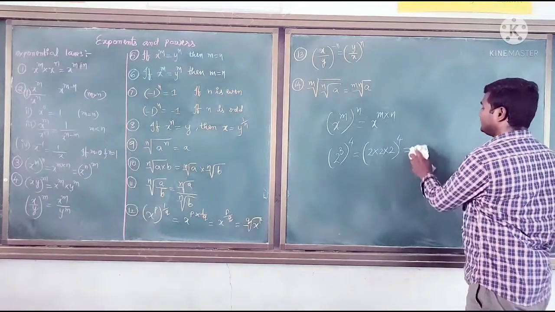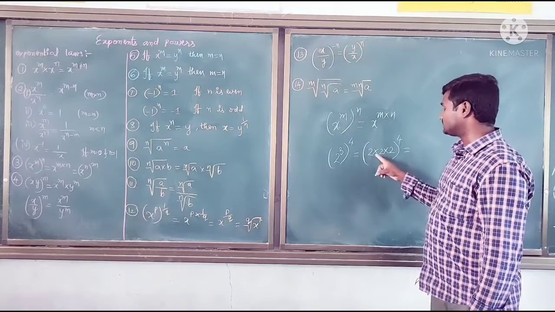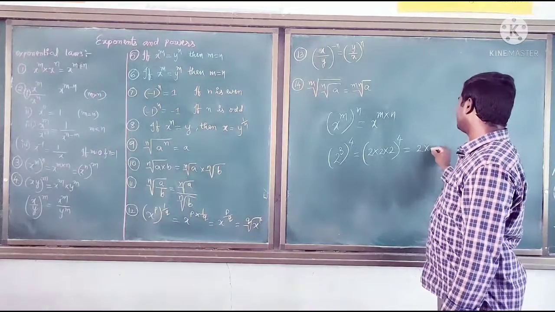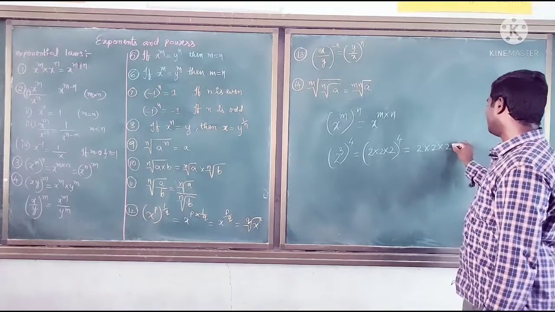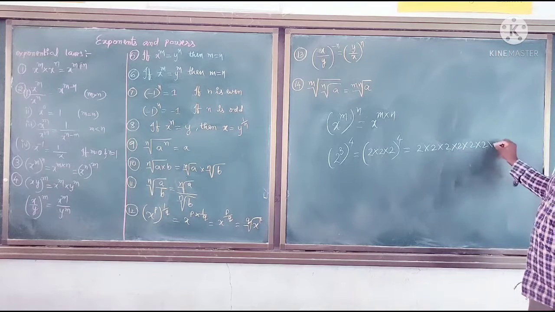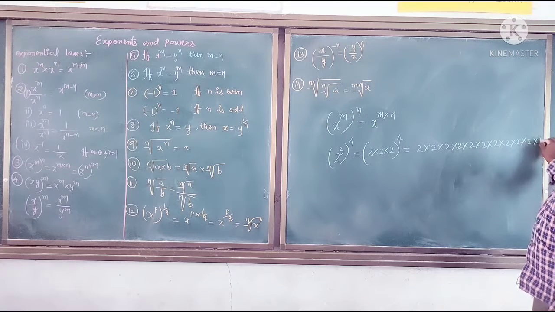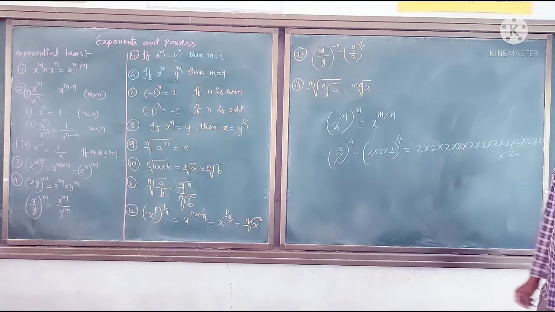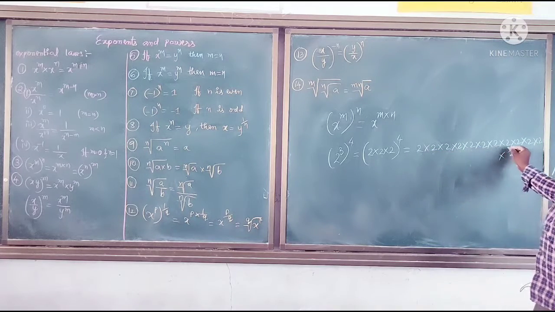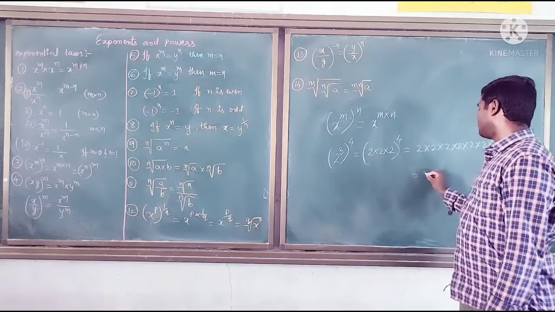So that means we can write these 3 2's, we need to multiply 4 times. Yes, 2 into 2 into 2, one time is over, and 2 into 2 into 2, this is 1, 2 times 2 into 2 into 2, 3 times 2 into 2 into 2, 4 times. So how many 2's do we have totally? 1 2 3 4 5 6 7 8 9 10 11 12. So this we can write as 2 power 12.